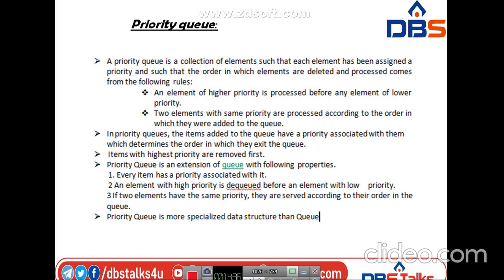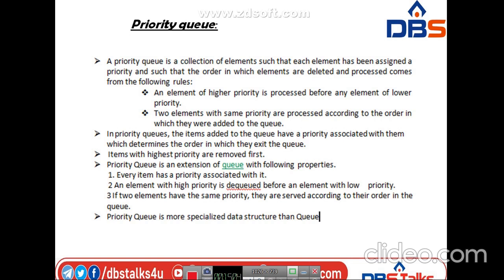It means the element which has the highest priority, that element only we are going to process. If two elements have the same priority, we are going to process them according to the order in which they were added to the queue. Generally, in priority queues, the items added to the queue have a priority associated with them, which determines the order in which they exit the queue.